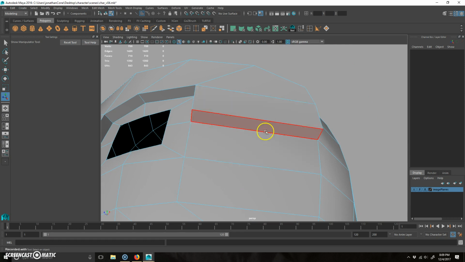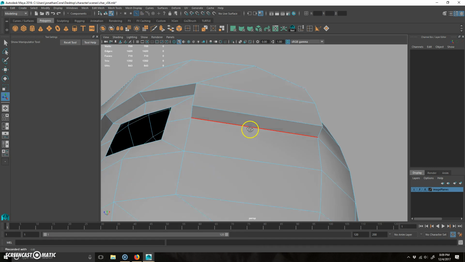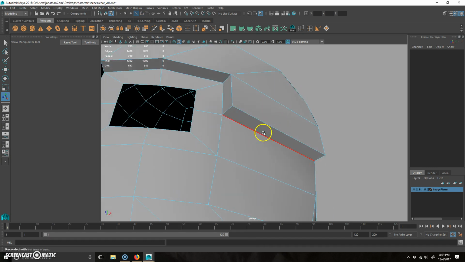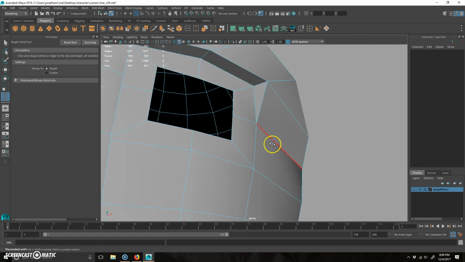And now what I need to do is merge these two. So I'm going to right click, go up to edge, because I want this to not be here, because that's kind of abrupt. I'm going to use target weld. So target weld we've been using on vertices. You can use it on edges as well. So I'm going to click from this edge and drag to this one,